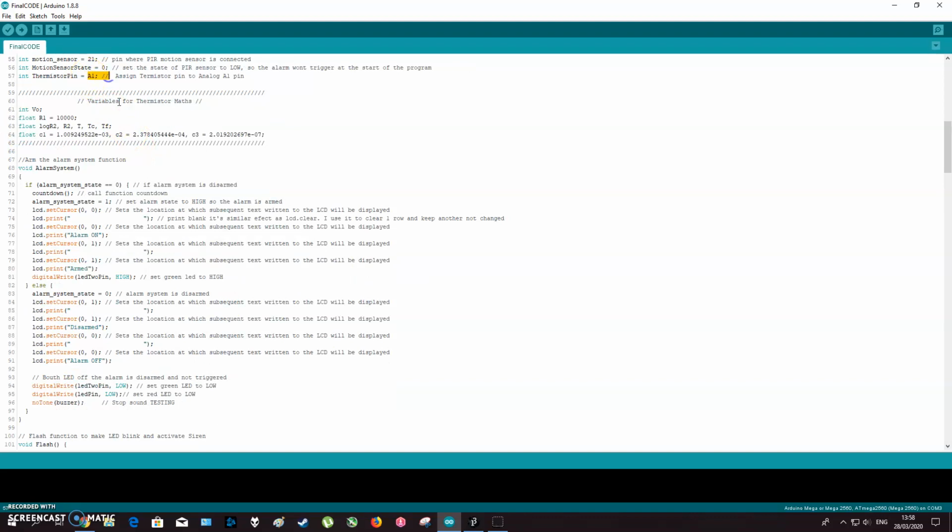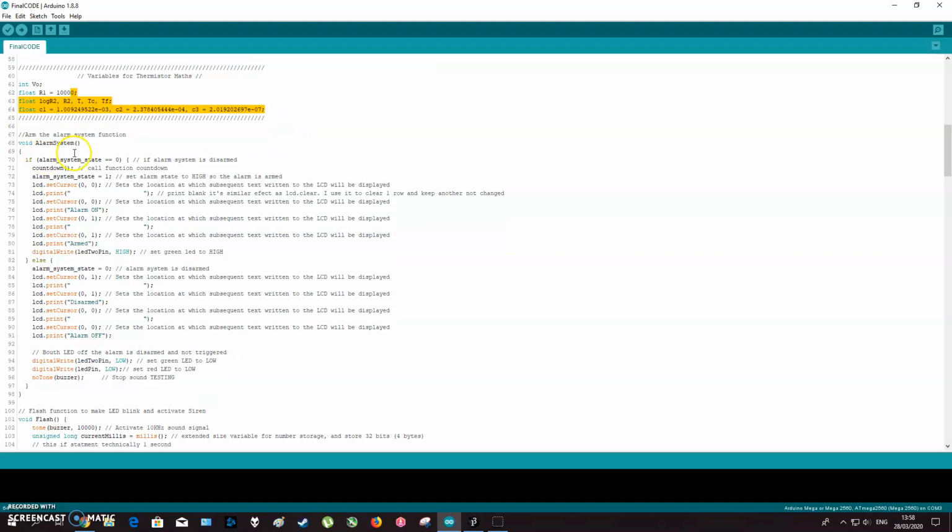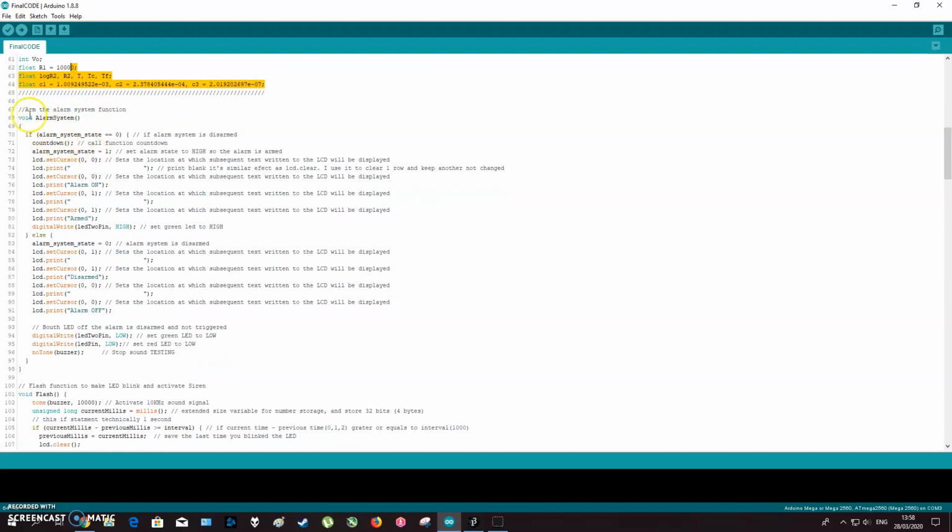Thermistor analog, must be analog, I will say. This block of code is variables for the thermistor maths logic. There will be calculations below where these variables will be in use. So the alarm system method,